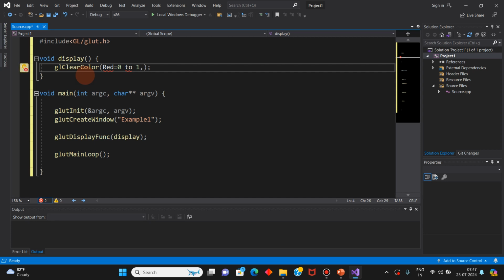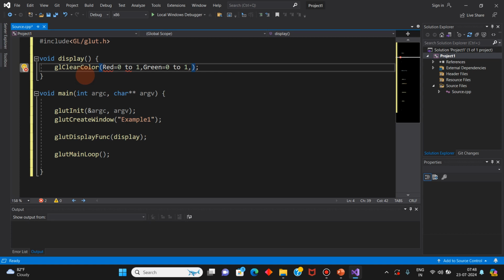Then the second argument is G, green, the degree of green shade. I'm sorry, it's green, not blue. It can also be from 0 to 1. 0 means no green involved, 1 means full green.